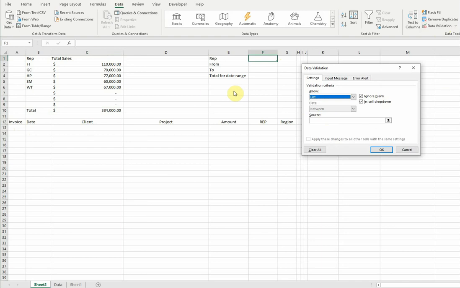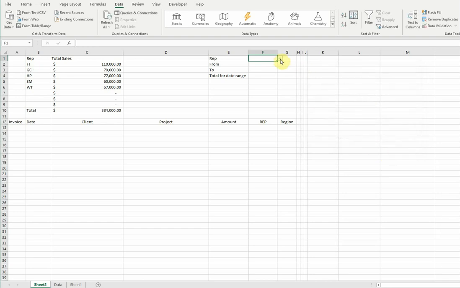And this is pretty slick. Since this is a spilled formula, you click this and then you hit the pound sign, and we hit OK. So now it's only going to pull whatever is in this column. And if you were to add an invoice over here,